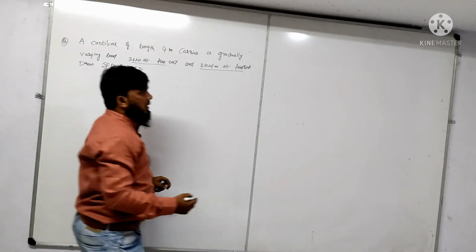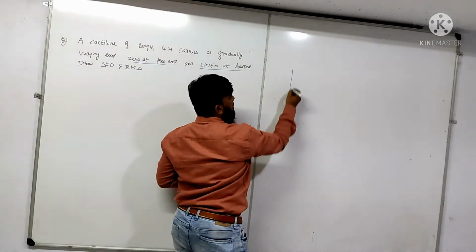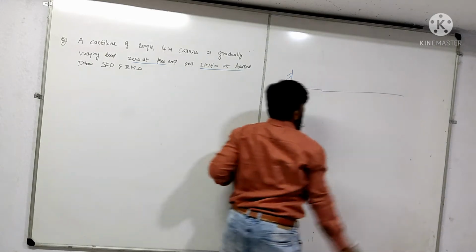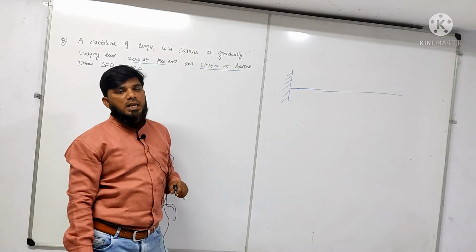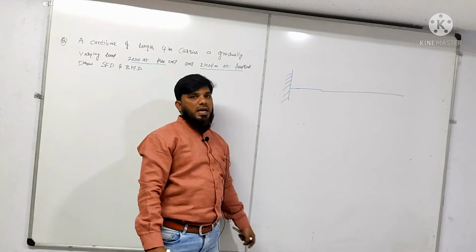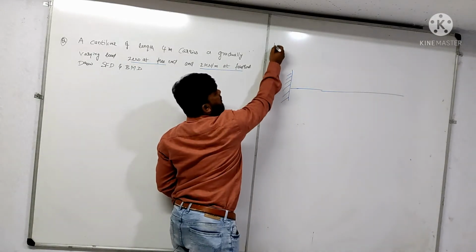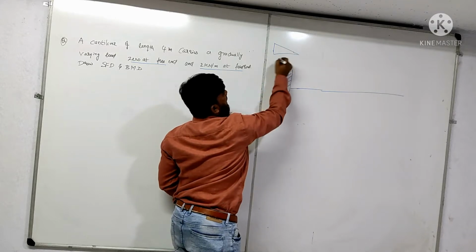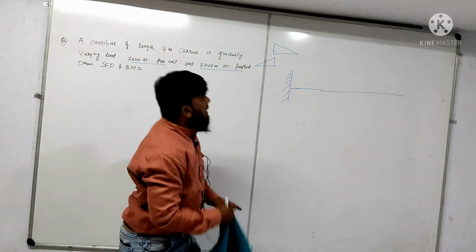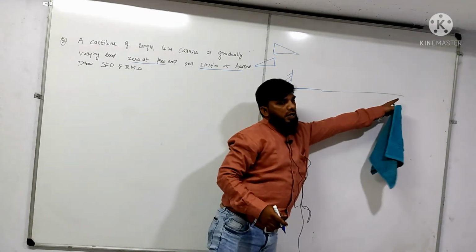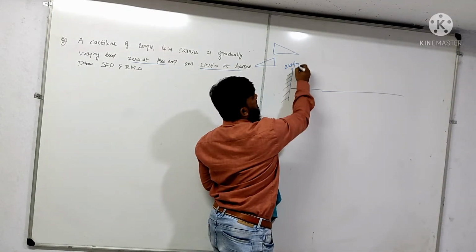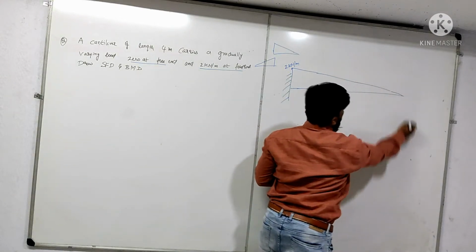Okay, so let us first draw the diagram of the cantilever beam. So we will try to solve. This is my cantilever. What is a cantilever? A cantilever is nothing but a beam fixed at one end, while the other end is free. We have already discussed what UVL is. UVL will be like this or like this; any one of the options can be there. But in this question it is 0 at this point, and maximum at this point, whose value is 2 kilonewton per meter. So I will join these values like this.